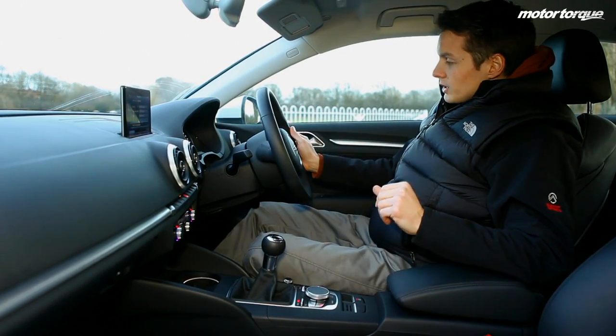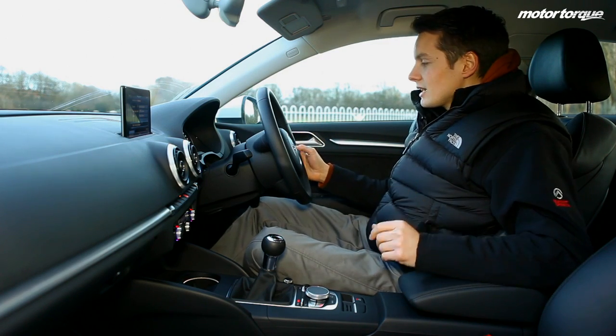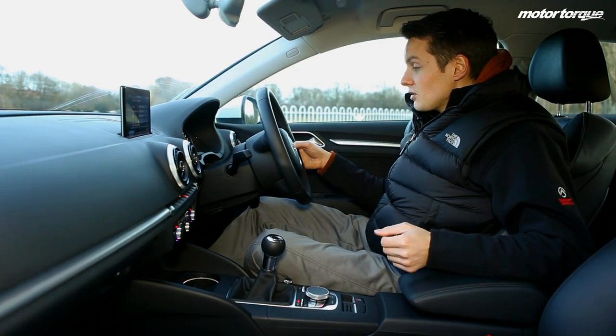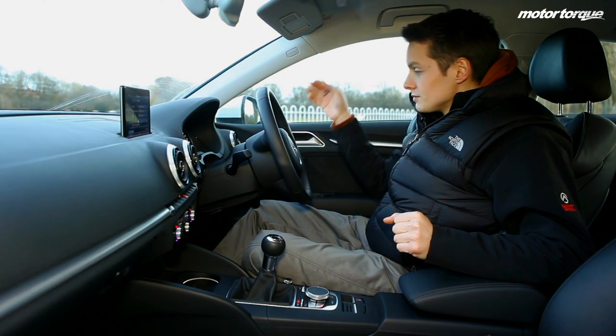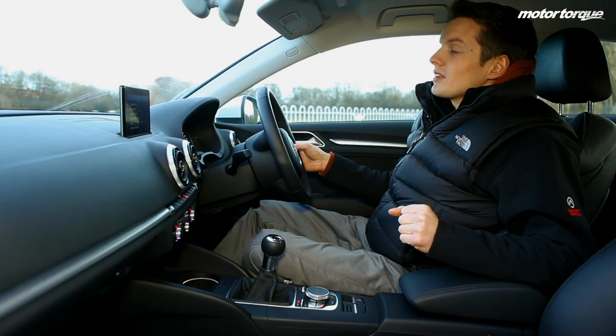Now, the other thing that's quite good in this car, and very similar to Ford Sync technology, is the voice recognition. So you can basically command your car to do whatever you like. So for instance, we push this button, navigation,